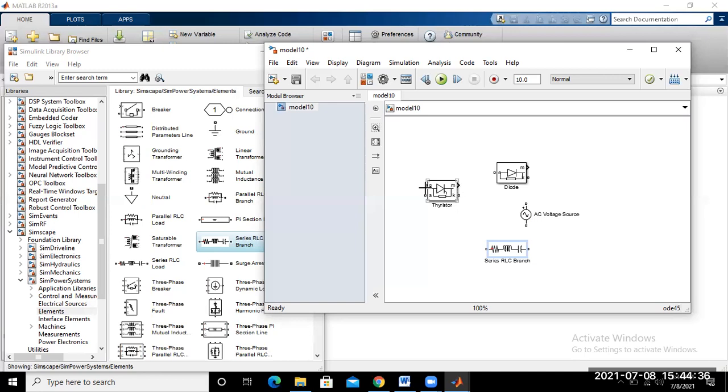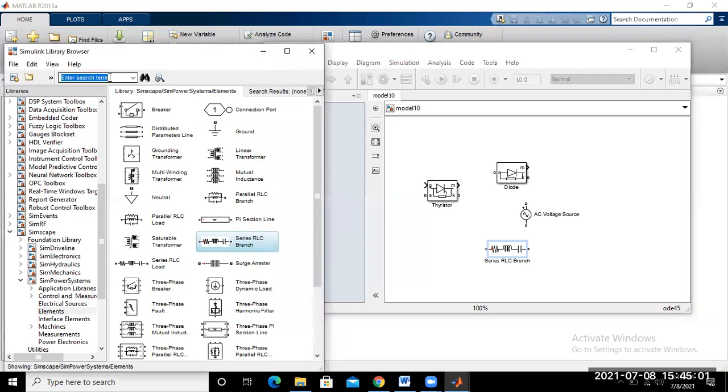We know that for the SCR, we require to provide the gate pulse. So we require a pulse generator. If you don't know where or in which block a particular type of block is available, just simply type here in the search space and press enter, then you will get that block.